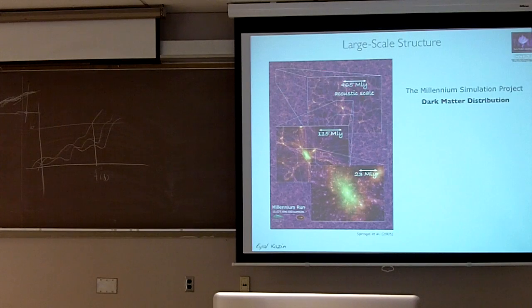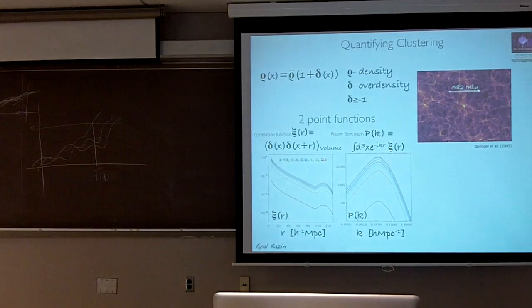So this is a nice poster which demonstrates on various scales how we think that dark matter is distributed. When you look at very large scales, it looks pretty much uniform, but as you go to smaller and smaller scales, and I'm still talking about 23 million light years across, you see halos and you see filaments. And so it looks like this cosmic spider web, which we understand due to gravity. And so you want to quantify this in some manner. You can think of every grid point, you define the overdensity, meaning in contrast to the mean density.